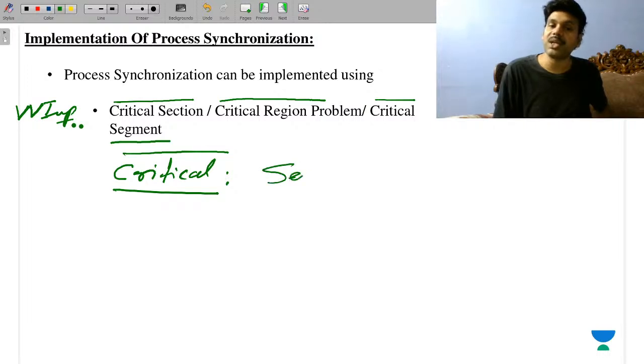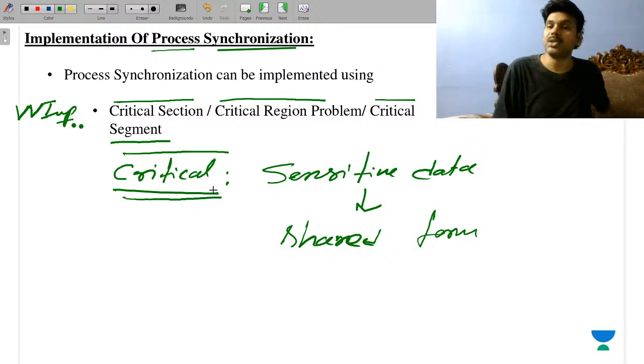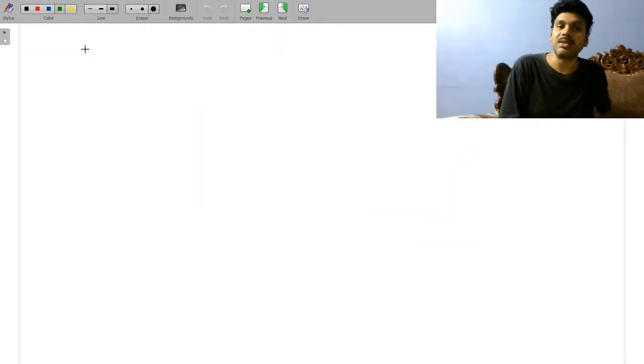So when I am talking about the critical, it is sensitive data. Sensitive data, if it is in shared form, please understand, then there may be a chance of what? Race conditions or deadlock or inconsistent data. So how are you going to implement your process synchronization? That can be implemented through critical section. So what is the critical section? Now you see,